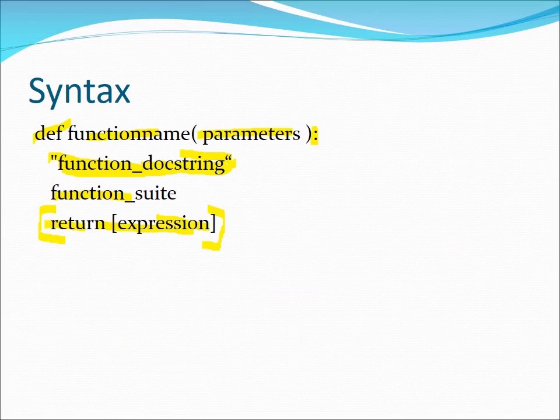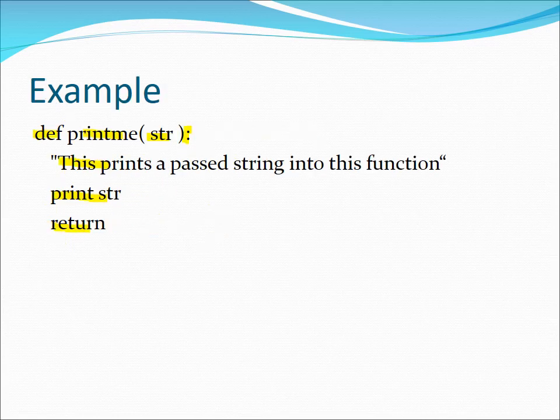So this is the syntax of function definition: def followed by the function name followed by the arguments, then followed by a colon. This is compulsory. Then there is the optional part, the optional documentation string. This explains what the function is going to do. It is just an English-like statement. We are supposed to give an introduction for what the function is performing. That is not compulsory. Then the function suite means the body of the function, then return followed by an expression. The expression part is optional as well as the return statement itself is optional.